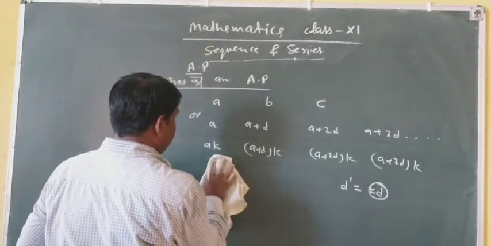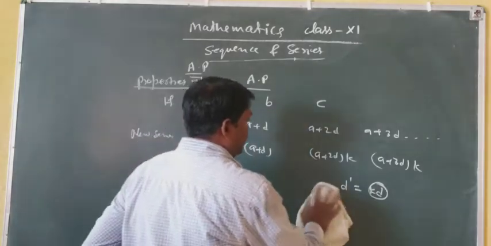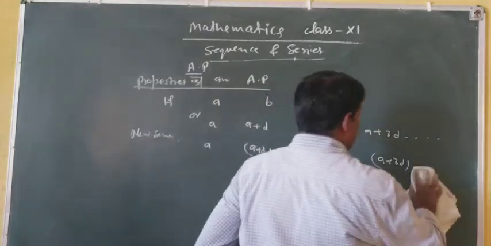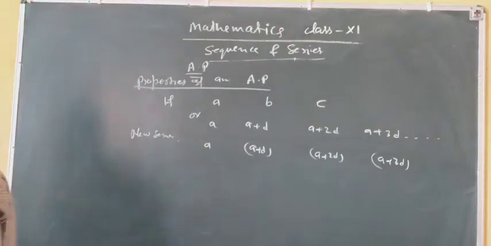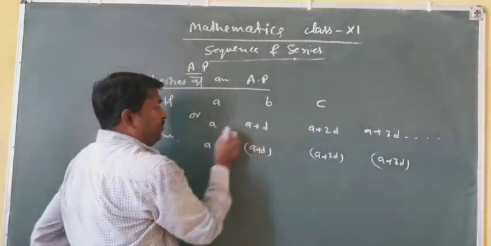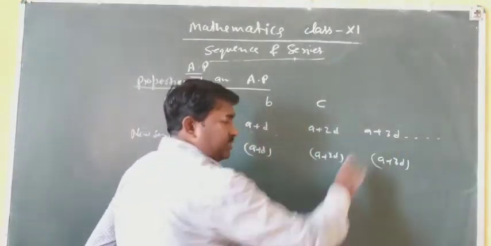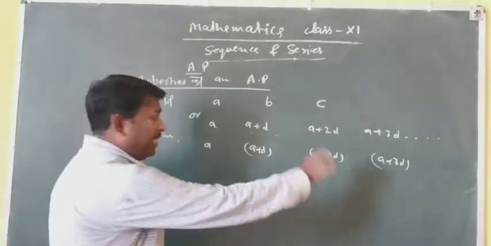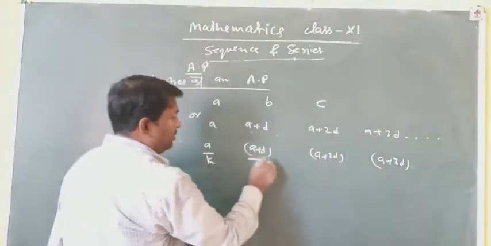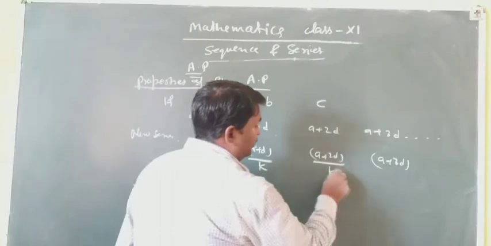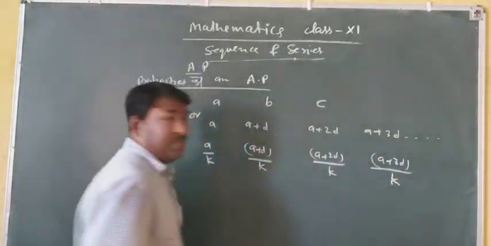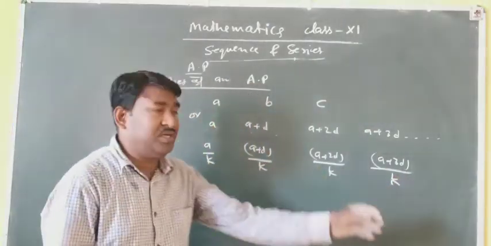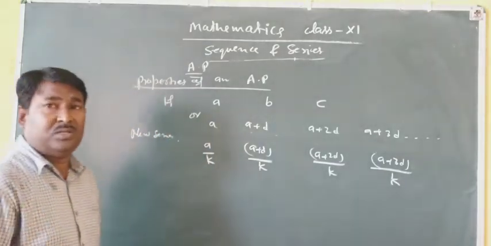If we write like this, just see, if A, B, C are in AP, or A plus D, A plus 2D, A plus 3D are in AP, and we divide each term by a constant number k,